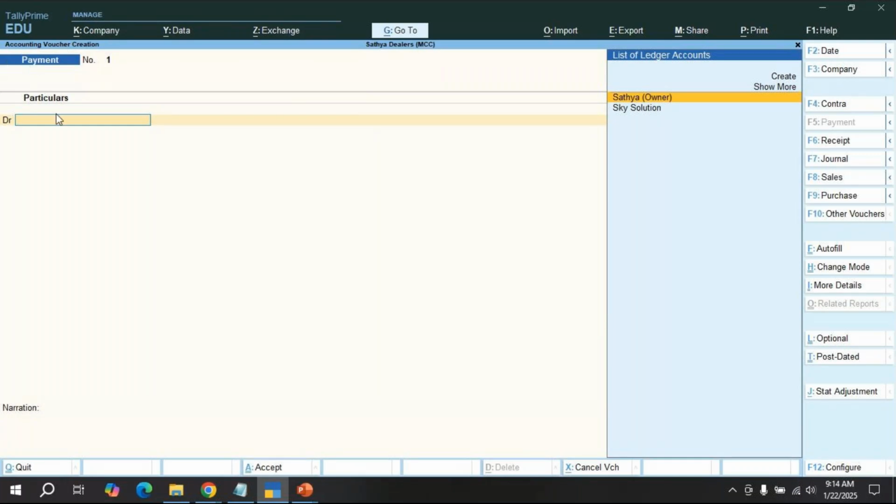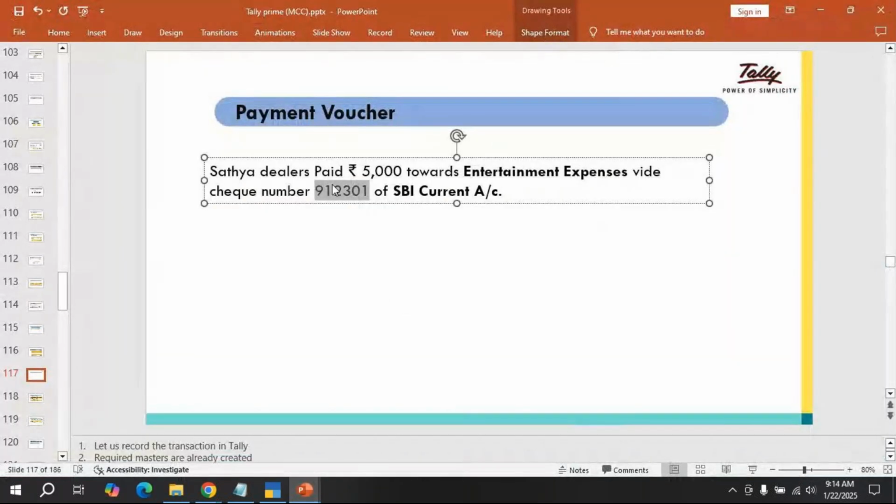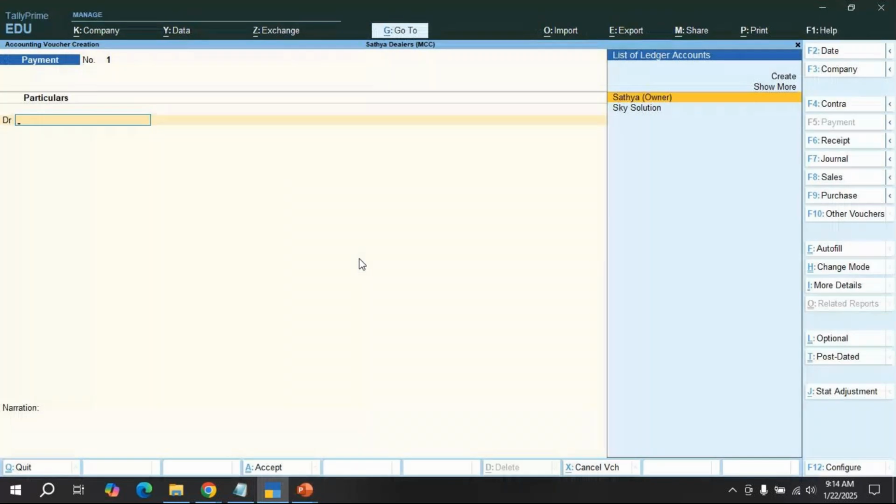In that, we are going to the payment. We are paying the amount through SBI bank check. Here, what is my question? Satya Dealers company is paying the amount for entertainment expenses and gave an SBI bank check. So entertainment expense is the debit option. In the payment, first the debit option is there. In the contra, first the credit option displays. These are default options, we can't change. Go to debit, entertainment expenses we have to give, but in that list of ledgers we don't have entertainment